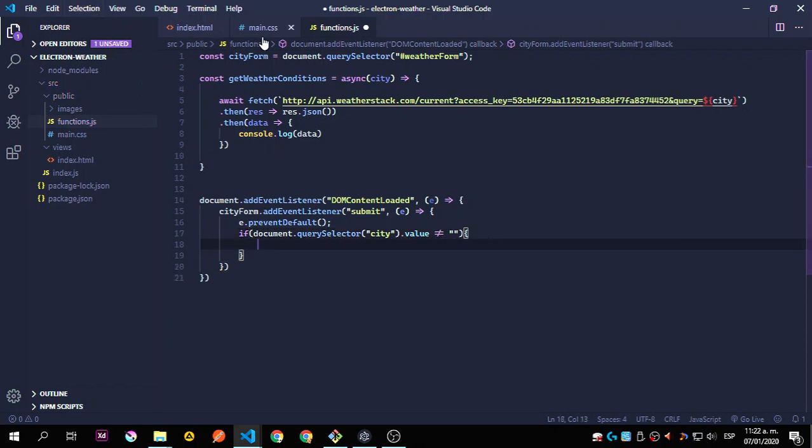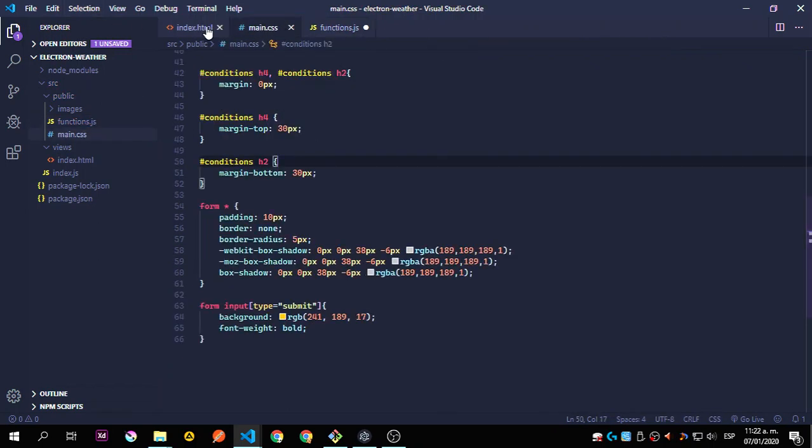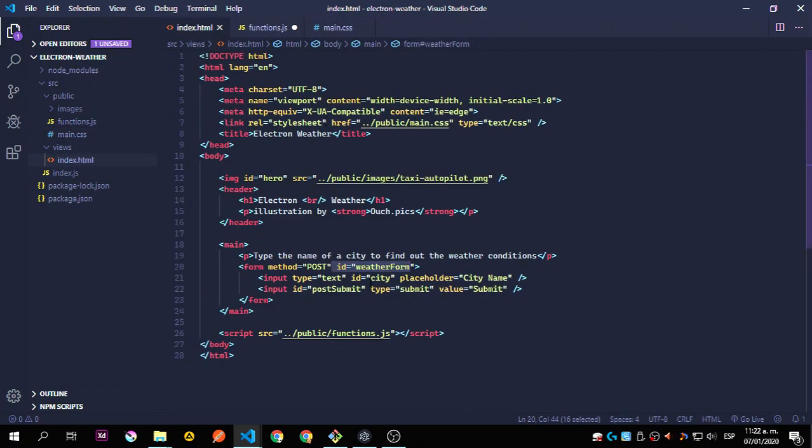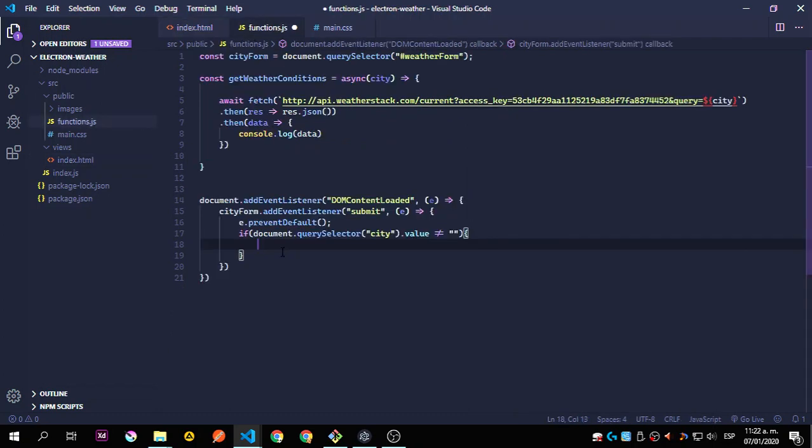So where is this city? Okay, let me just move that there. So the city is this input. We're going to check if the input has something before we send it, if it has a value that is not equal to this empty string. Then